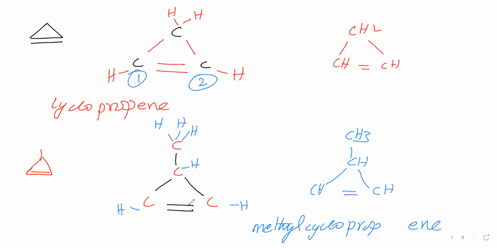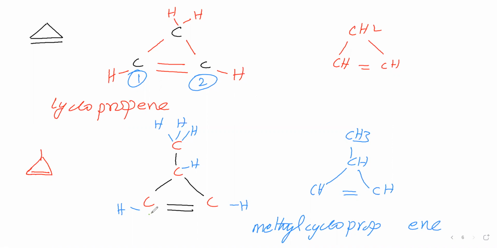In that way, we will see here. The position of the C=C double bond is 1. Since it is 1, we need not say it, therefore we did not say it here. But what about here? Here a branch is there, a methyl branch. Therefore, we must give numbering. Sir, in the numbering, which has to get the least position? That means the C=C double bond has to get the least position.